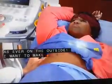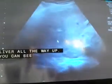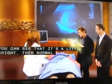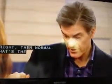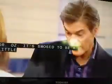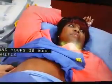Take another deep breath for me. Good, hold. So now we see the dome of the liver all the way up, and then as I fan through, you can see that it's a little brighter than normal. So that's what you were talking about as far as the fatty infiltration. It's supposed to be a darker blackish color, and yours looks more like a whitish grayish color. And that shows us the little fats in there that are bulging inside the liver like I showed in that animation. The question then becomes, what are we going to do about it? That's exactly